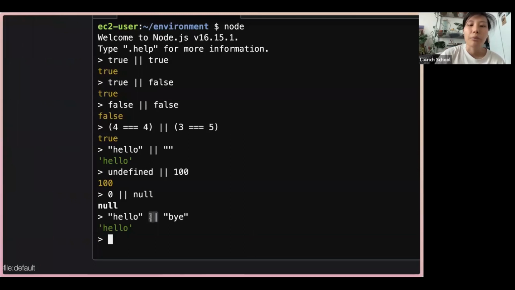However, remember for the or operator, only one of them has to evaluate as truthy, right? So when we saw this example, true or true returns true, but true or false also returns true. So only one of them has to be a truthy value in order for it to return true. But when we're working with truthy values and falsy values,